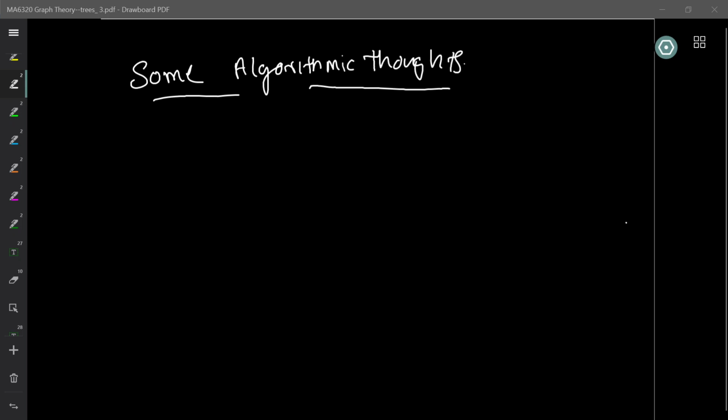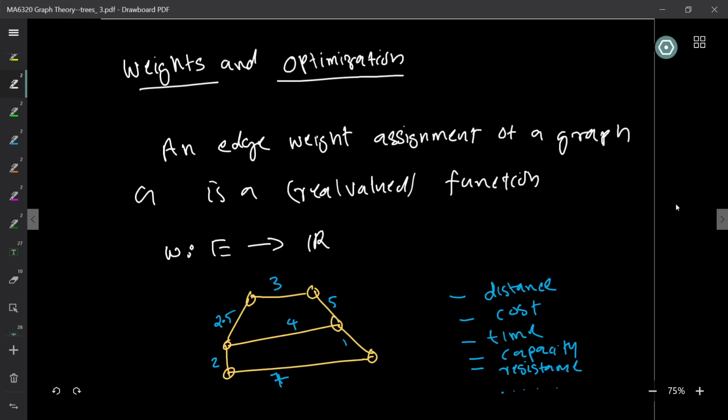Let me see which were they, and then I will mention them to you so that you can try to go back and see how to actually write the algorithm. Okay, so before that,